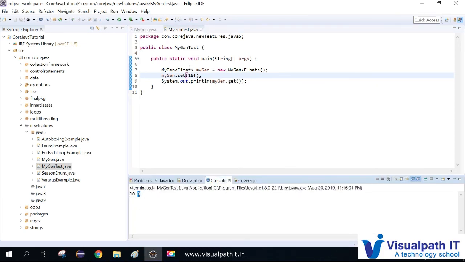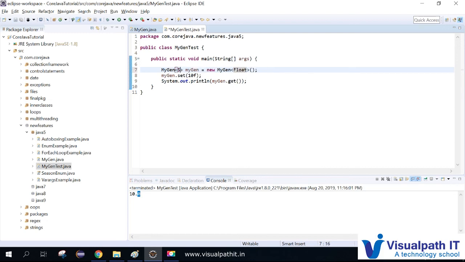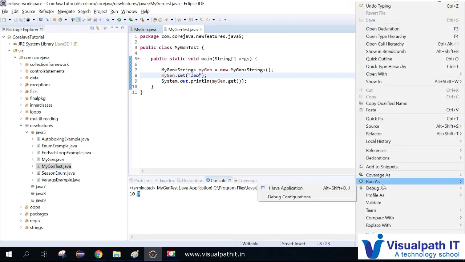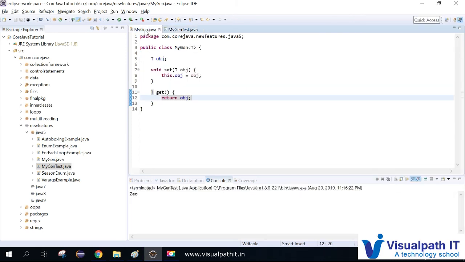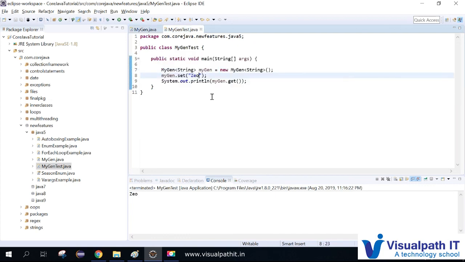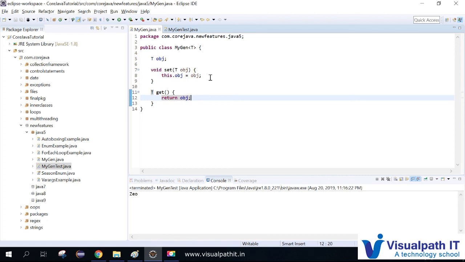Again, if you want to convert it to string, it's simple. Instead of a number value, you just need to pass any name you like. Did I change the configuration? No. I just declared a generic class. I'm using the same class for different data types instead of changing the implementation itself.